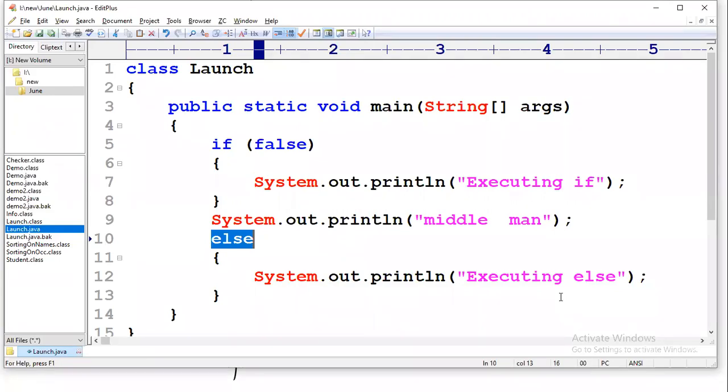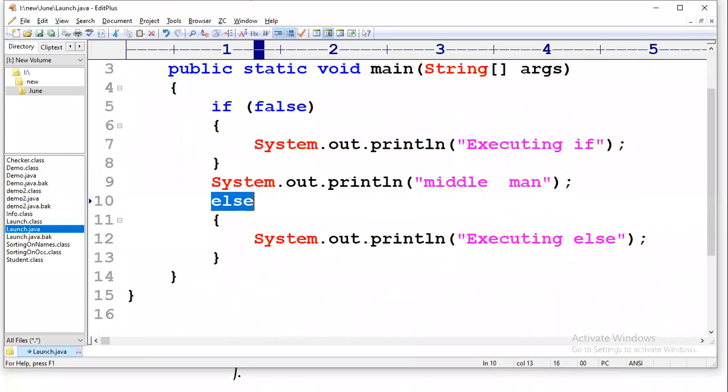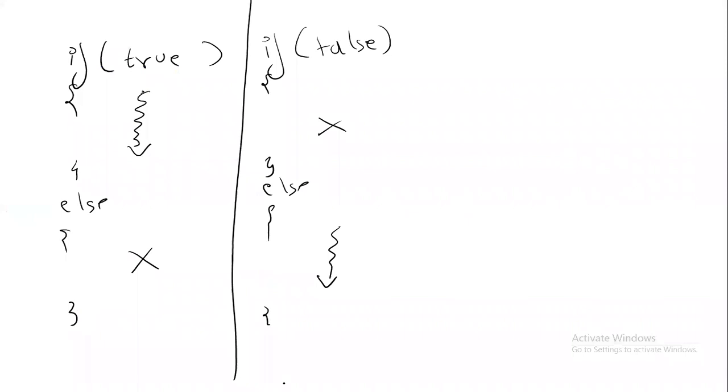Today we'll be continuing with something different. I hope you have understood till here. Now let's talk about the ternary operator, which I've been waiting for. So ternary operator. What is this ternary operator? It includes something like this: a question mark and a colon. When these two come together, it is called a ternary operator.